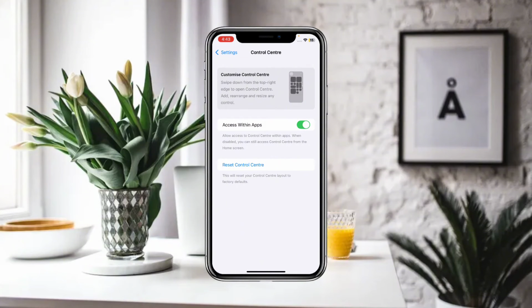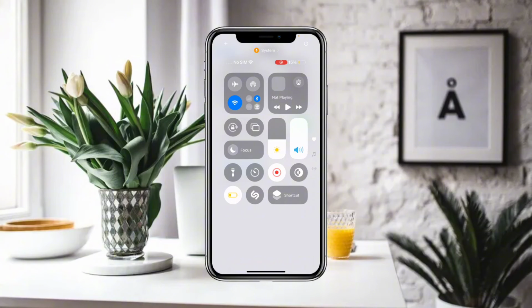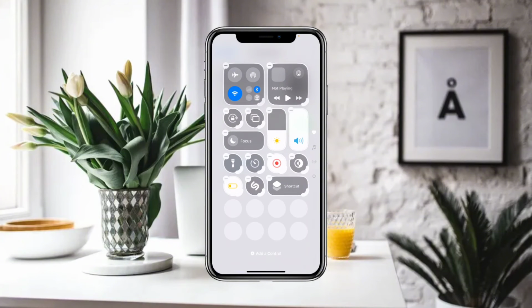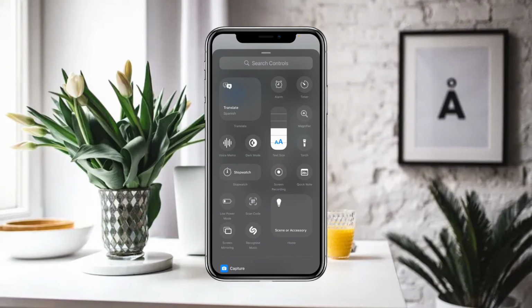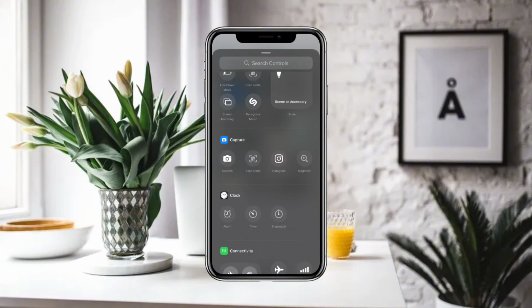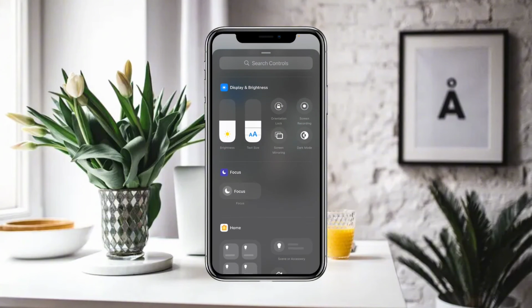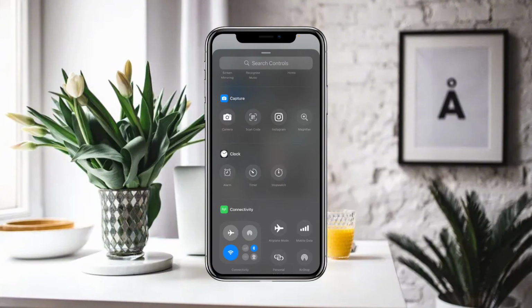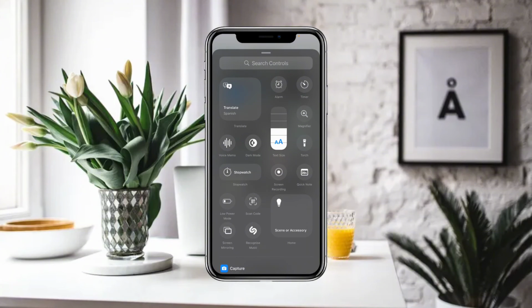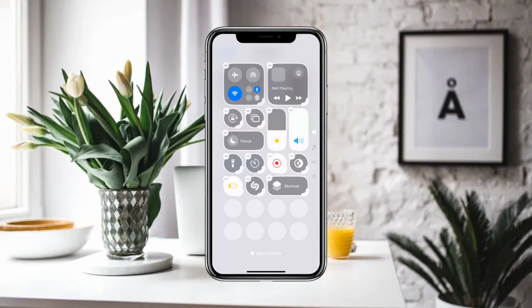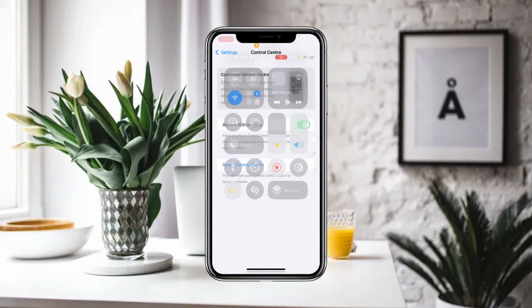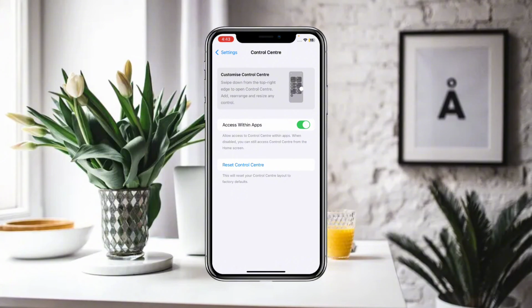Here, swipe down from the top right, and press and hold. Then you can find all the settings related to Control Center, which means if you want to add anything to the Control Center, you can add or remove it. Here you can check the settings, but if it is not working, then the only option is to reset your Control Center, and after that you can set it up again on your iPhone